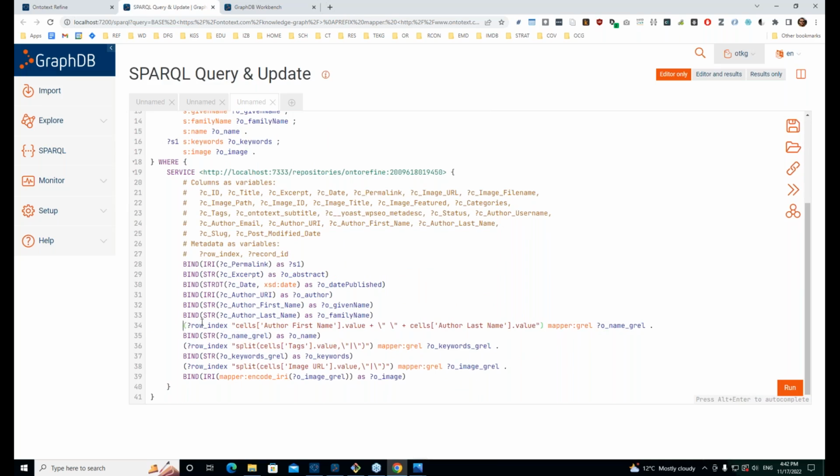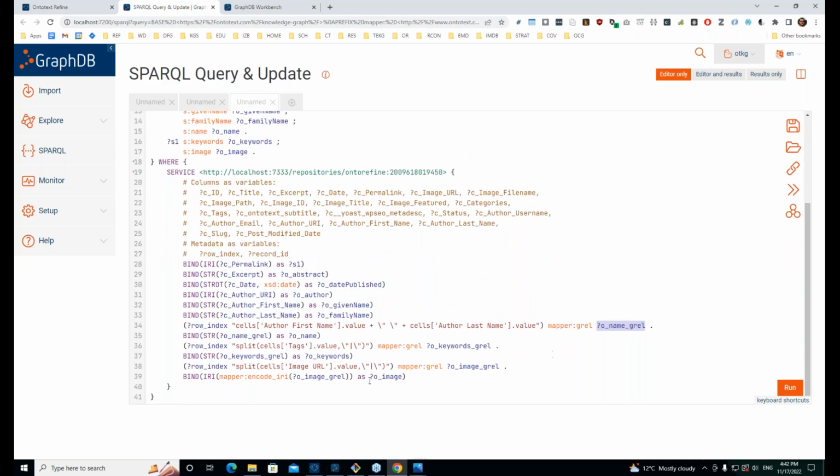Well, here. Here I have this expression, which is actually a kind of a weird triple because I have the GREL expression in the subject position, but basically it says, take whatever I have in these two columns, concatenate it, and then put it in this variable here, and then I can use the variable